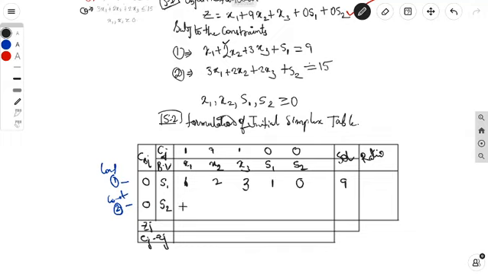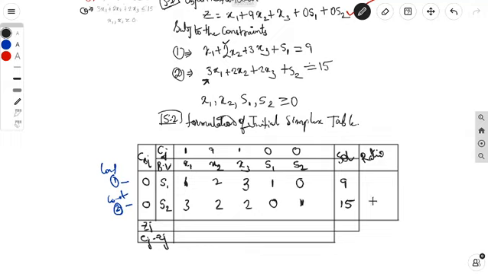Similarly, now look at constraint 2. What is the coefficient of x1? We have 3 over here. Then next, the coefficient of x2 in constraint 2 is 2. The coefficient of x3 in constraint 2 is, sorry, it is 2. As s1 is not there in constraint 2, it is 0. And this is 1, and the solution is 15. Okay, have you got this?